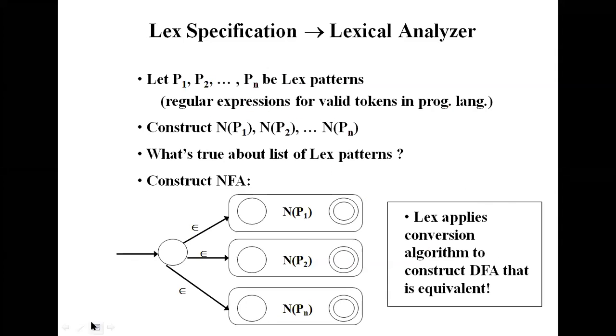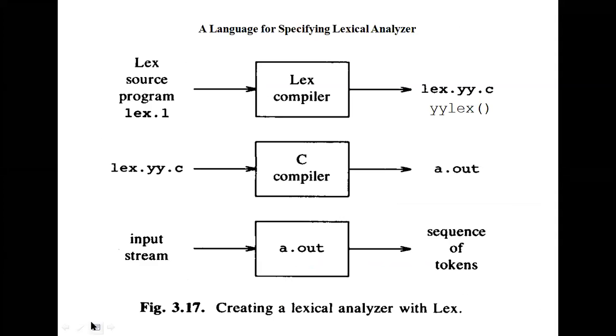Now, the most important concept is about creating or generating a lexical analyzer with a tool like lex. Creating a lexical analyzer with the tool lex. See, all of you see the slide that I shared with you. It is a three-step process. After giving the input in the form of a lex source program, finally generating a sequence of tokens, how is the process to be done? How are we generating this sequence of tokens by using a tool like Lex?